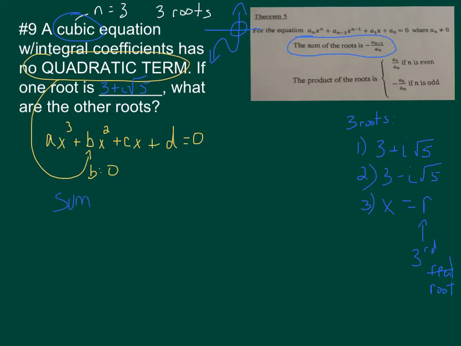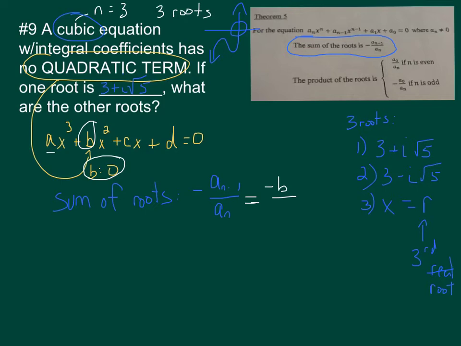Let's think here. Sum of roots. I have a formula. It's the opposite of the second coefficient divided by the leading coefficient. But wait a minute. What is the second coefficient? It's 0. In this particular problem, think about this. What's the second coefficient? In general, it's b. So this would be the opposite of b divided by the leading coefficient, which is